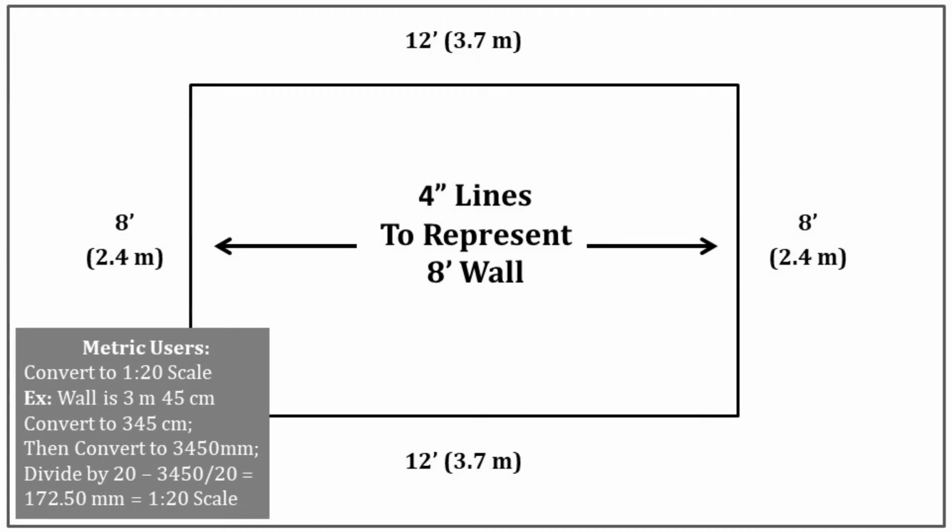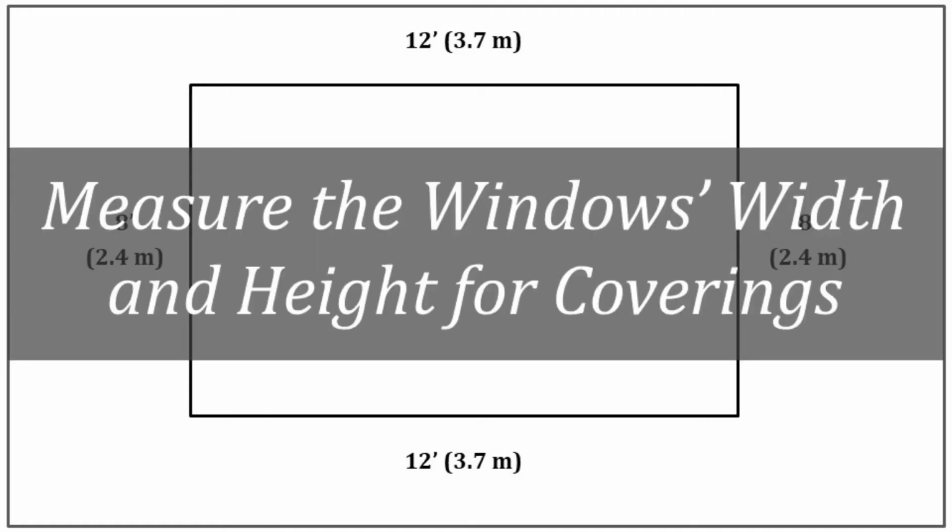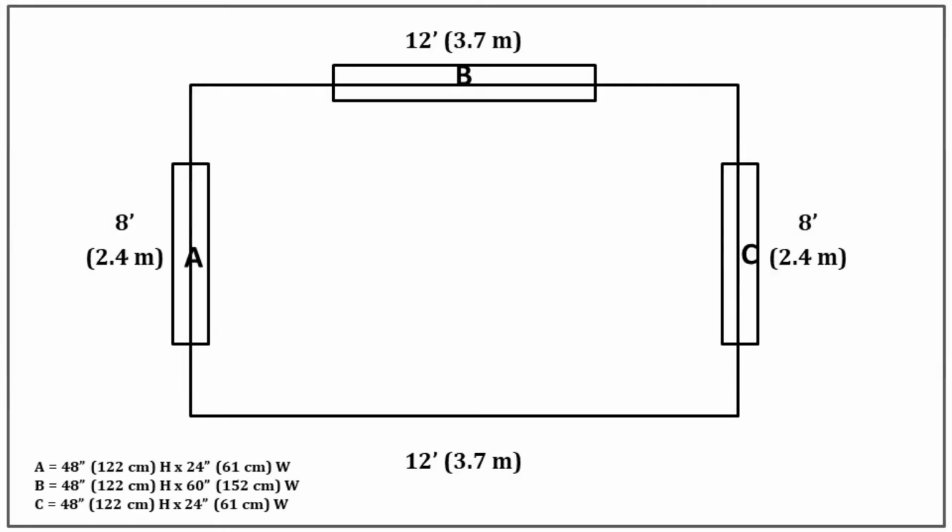If the width of your room is 8 feet, then draw those lines as 4 inches on your paper like this. Once you've done that, then you will want to measure the width and height of each of your windows for your window coverings. And here is how I notate the windows on a floor plan